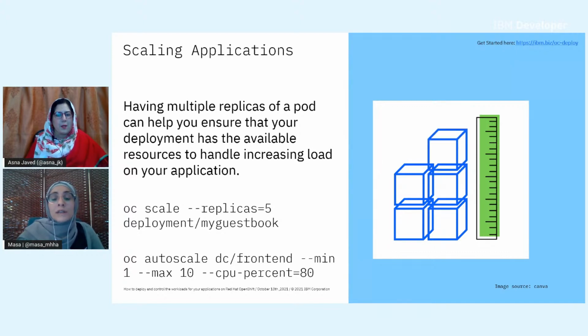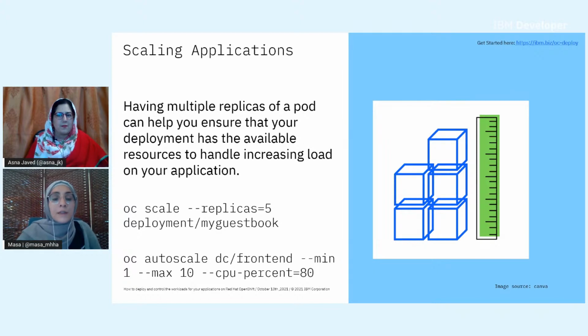So you can set the number of replicas that your pod can have or can scale up to. And there are different ways where you can do that by, for example, using the OC command, which you will be using in today's hands-on with Asna. In the OC command, you would give the replicas parameter and add the number of replicas of your pod, for example, and then provide the deployment or the build config